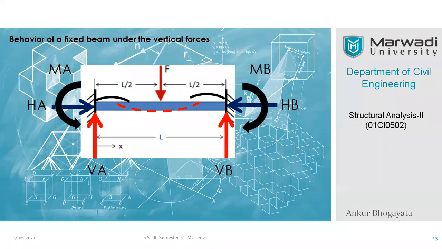So always remember, in a given fixed beam, irrespective of the type of loading, two types of moments are expected. One is the positive moment, the second is the negative moment. The positive moment is a span moment, a sagging moment, and the negative moment is known as the end moment, or a hogging moment. I hope I'm clear, and I'm also not rushing, so that as I speak, you can grasp these words in your minds.